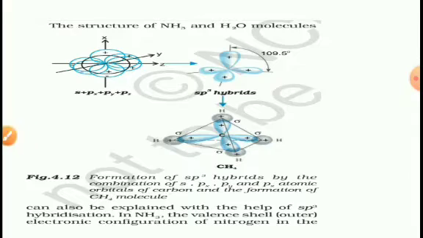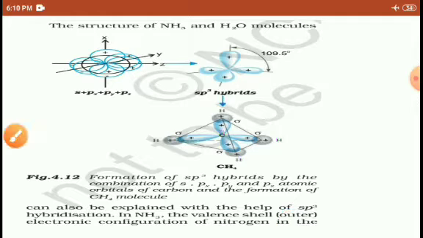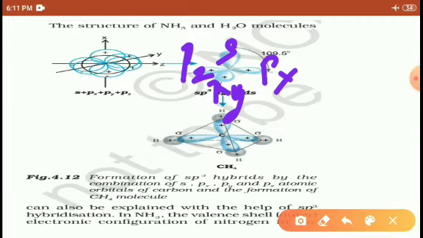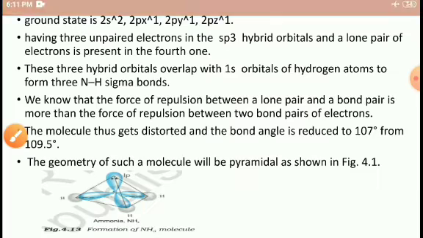I hope you understood. So look at the structure, friends. The structure here is trigonal. So C, one hydrogen here, 2 3 4. So it means the carbon has the s orbital. This is s, this is p, this is px, this is py, and this is pz. Right? So here the hybridization is spherical. So the black spot is the hydrogen, and these are all carbon electrons. Right, students? Understood? So ground state, I already discussed all these things.